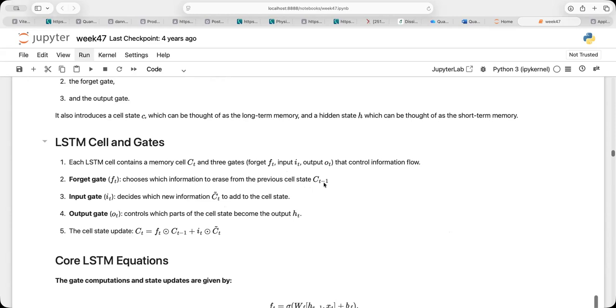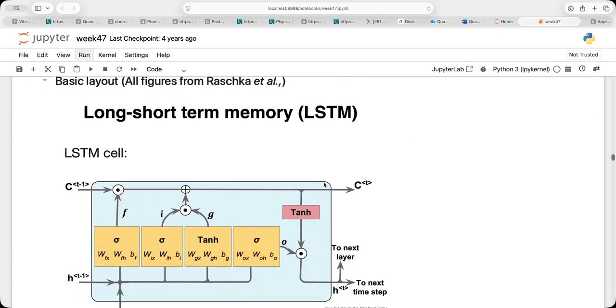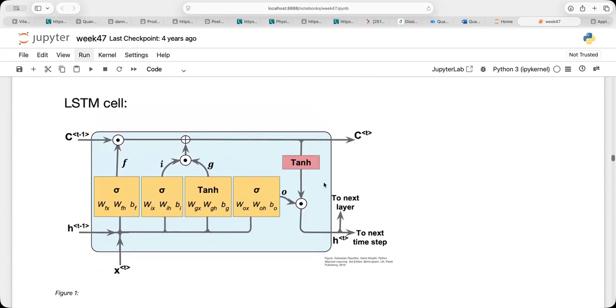So the previous cell state, if you now look at the figure which comes down here, is a basic sketch which you will also find in Raschka's textbook of an LSTM cell. You can now think of these recurrent units as being replaced by these cells.